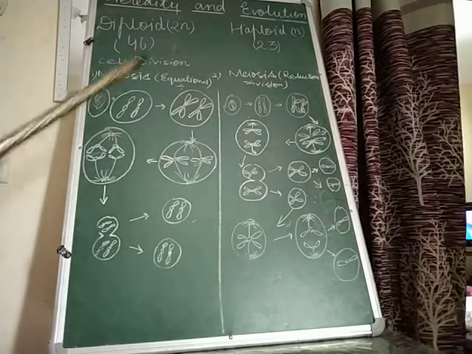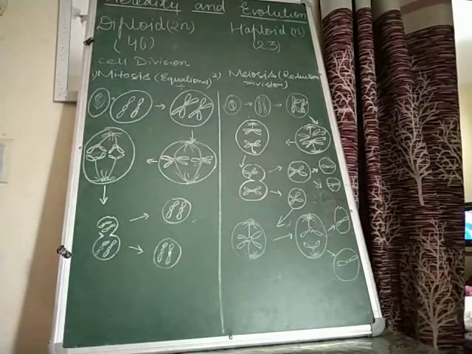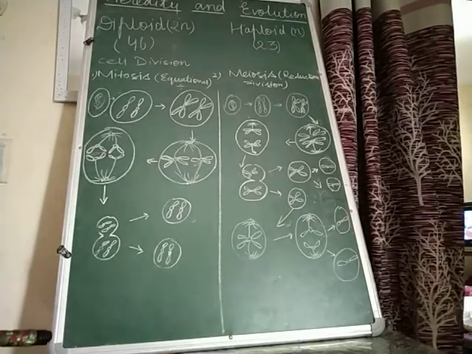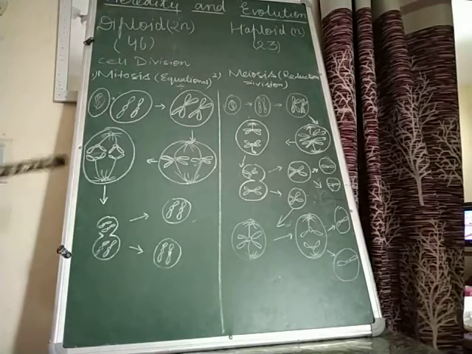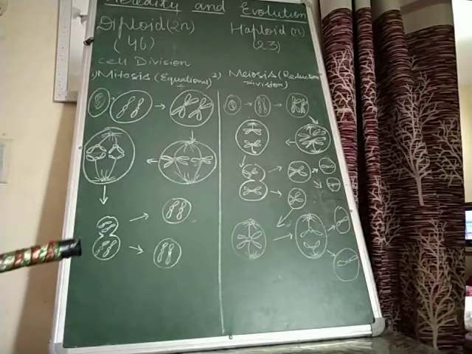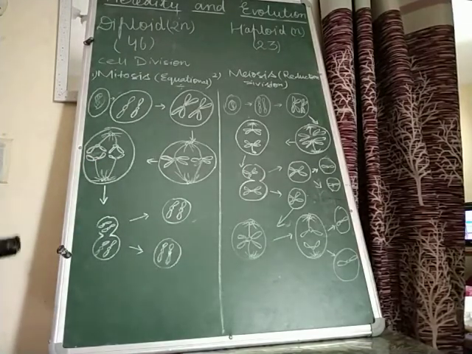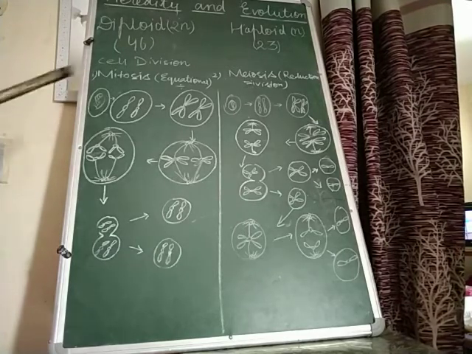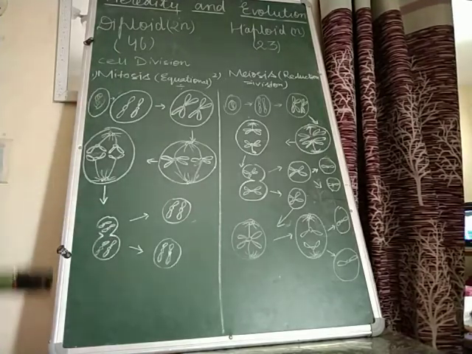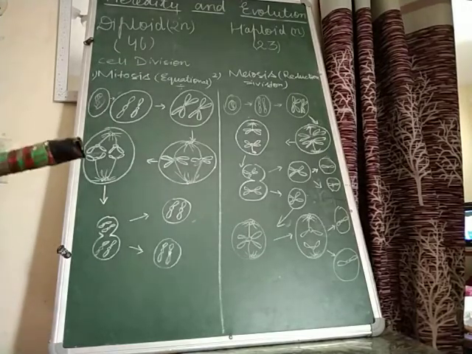Now meiosis. Where does this division take place? Asexually reproducing organisms have mitosis. In our body we have two types of cells, sex cells and somatic cells. In sex cells meiosis takes place, and in the somatic cells, that means our bones grow, our height grows, our hair grows, there the mitotic division takes place. We do not have sex chromosomes in the somatic cells. Sex cells are present only in the gonads, that is in the testes and in the ovaries.